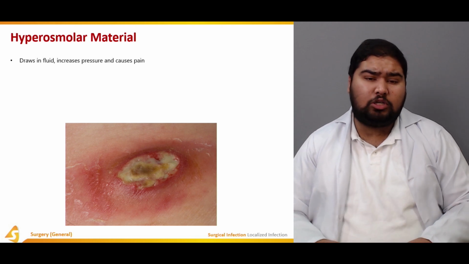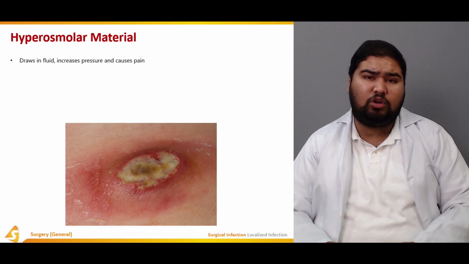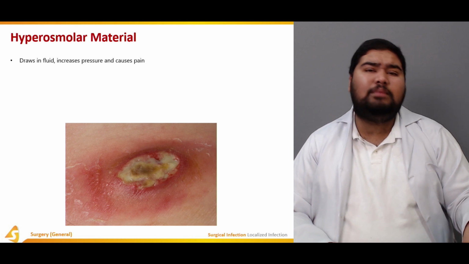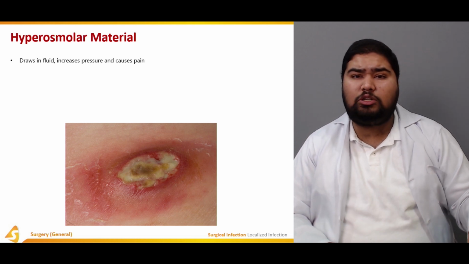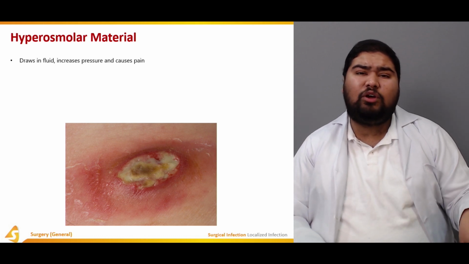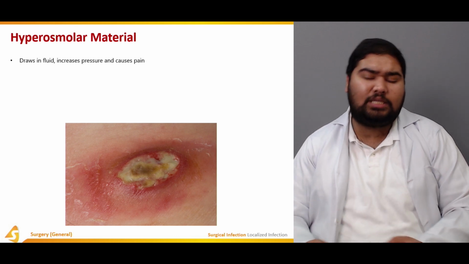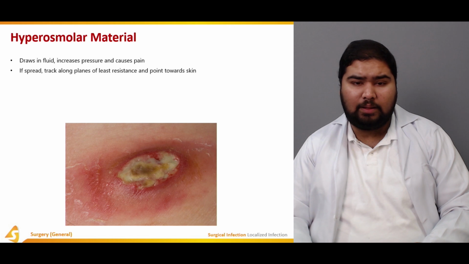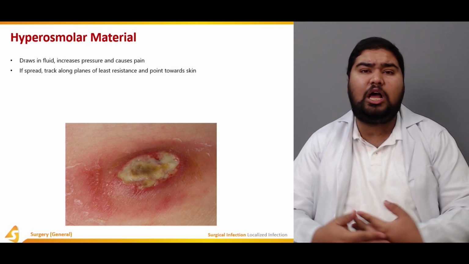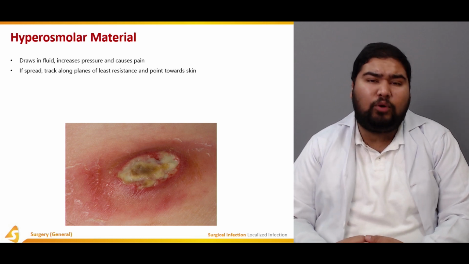This hyperosmolar material within the abscess draws in fluid, increases pressure, and causes pain. So what happens? The fluid in the abscess becomes hyperosmolar. When it's hyperosmolar, it draws further fluid inside. As a result of drawing further fluid inside, there's an increase in pressure, and this increase in pressure is perceived as pain. Now, if this spreads, it can spread along the planes of least resistance, and they usually point towards